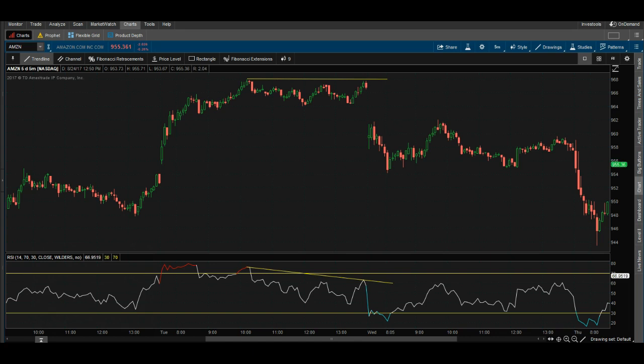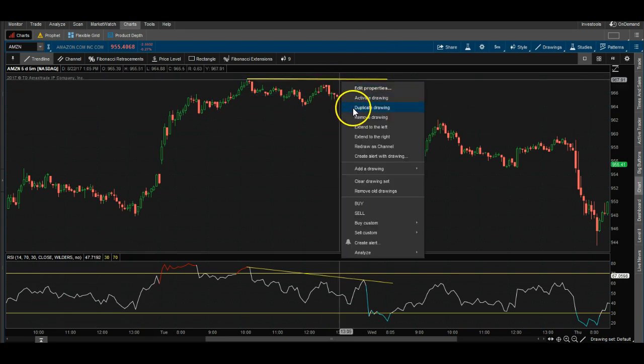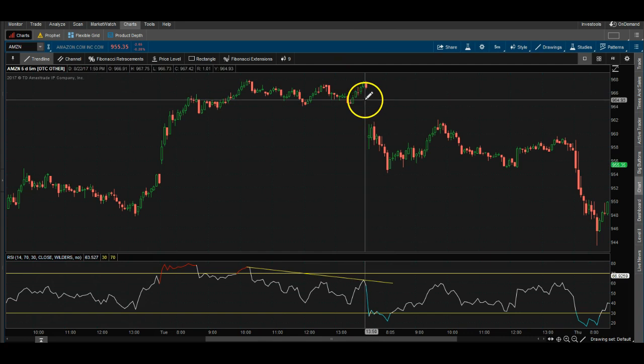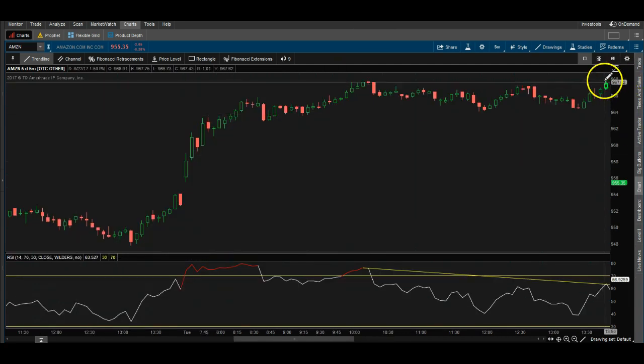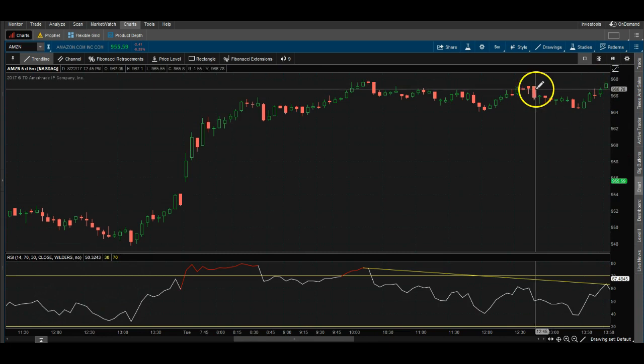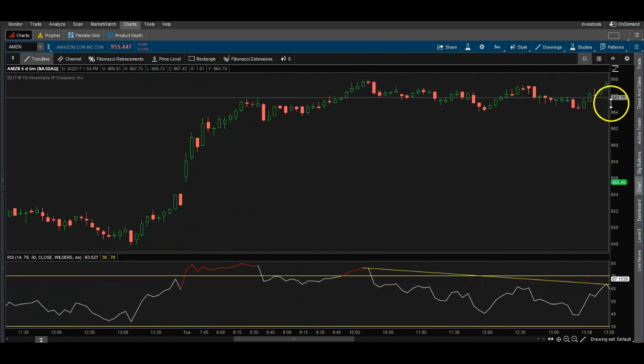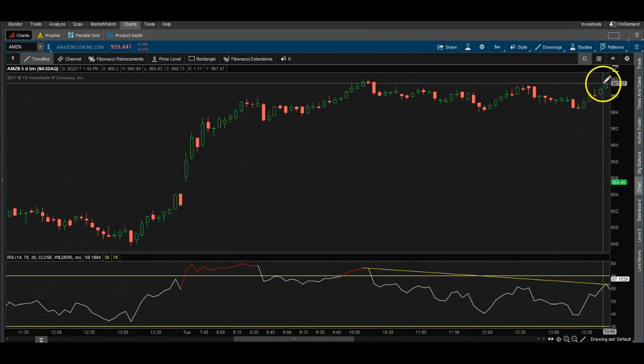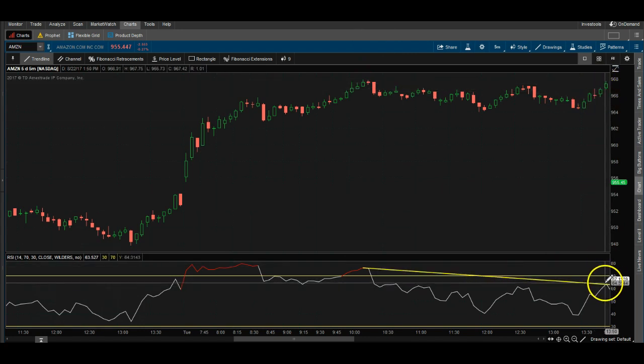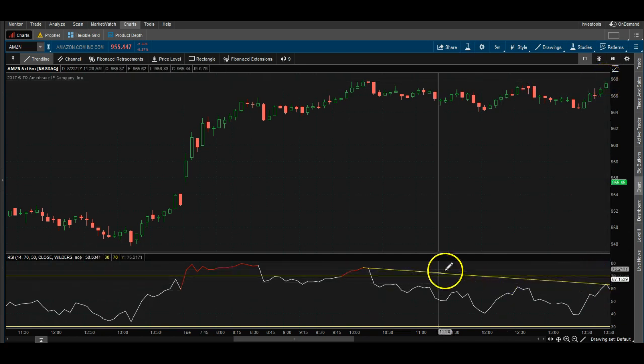predict it. Think like you're a weather person, right? You're predicting tomorrow's weather. Here, if this is all we see, right? We'll come over here. This is all that we see right here. We don't see the gap or anything like that. We need to say, hey, look, we were way overbought here. Now, as we're back up here, price is at the same level, but the RSI